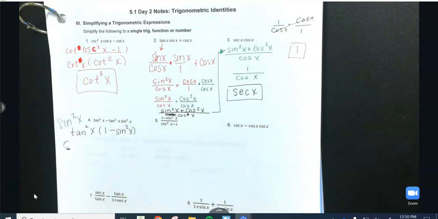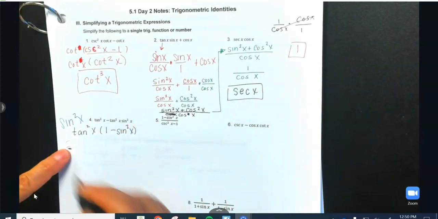One more time. Anytime you see a trig function squared, especially with a 1, 99.99999% of the time, it's one of these. And what is in parentheses here is one of these. What is 1 minus sine squared x? Cosine squared x. This moved over. That's why it's 1 minus sine squared x. That moved over there. Remember, when stuff moves back and forth on an equal sign, the sign changes. So, this is going to be